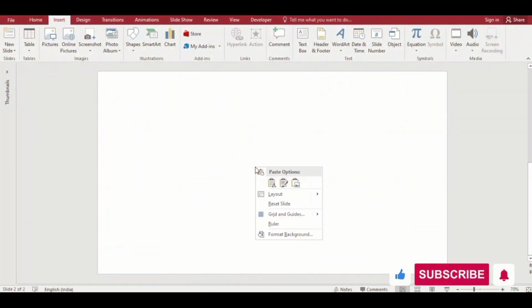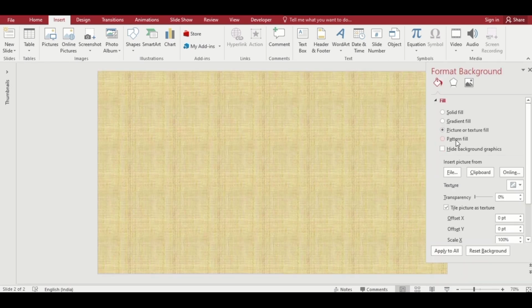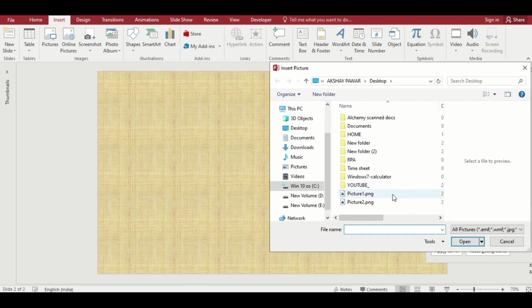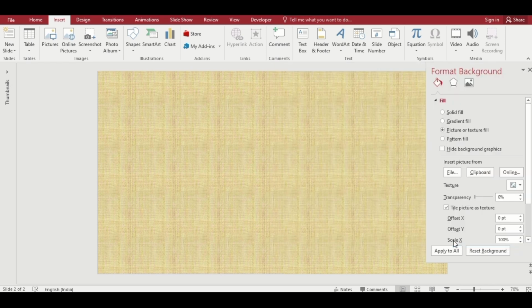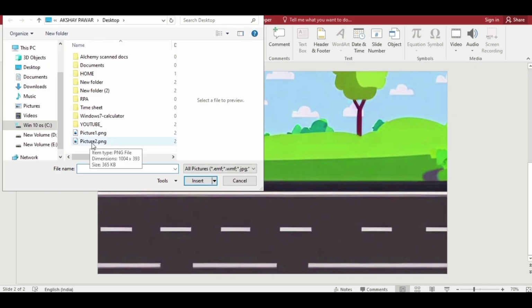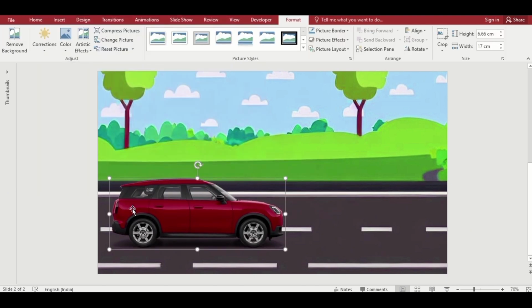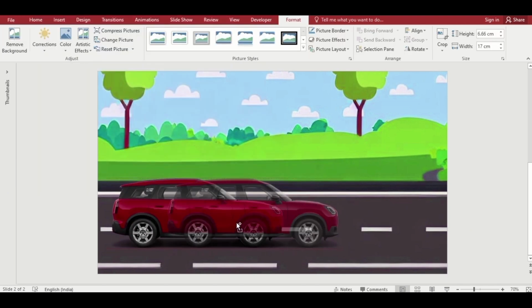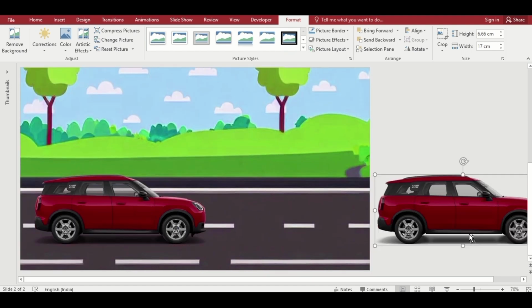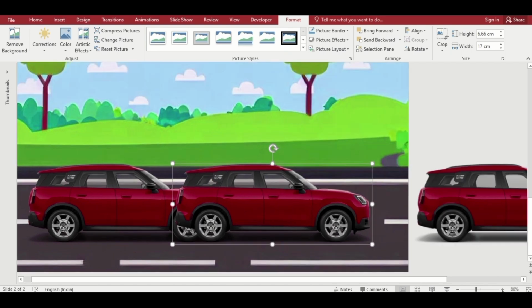Right click, go to Format Background, click on Picture or Texture Fill. Insert picture from Files. Select and insert it. Then click on the picture, select it and insert it. Duplicate the car. I will tell you the reason later. Duplicate the car again. Zoom in on the slide